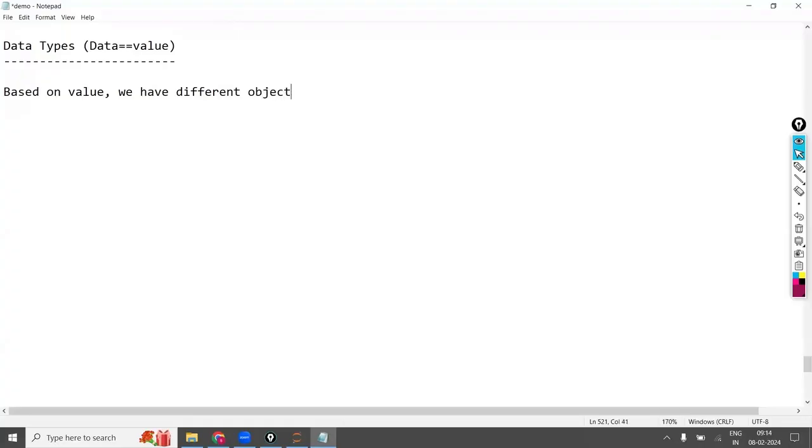Example, based on students' strength, we have different classroom sizes.